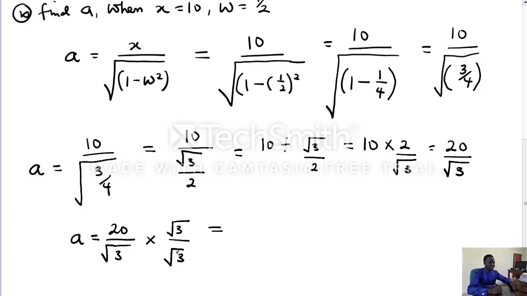In rationalization, you multiply both the numerator and denominator by the value of the denominator, and this is going to give us